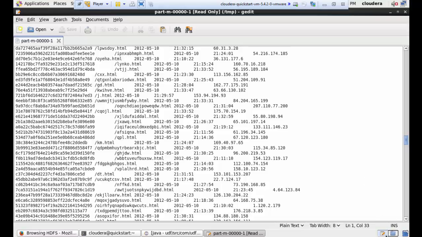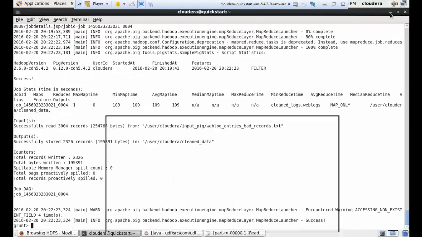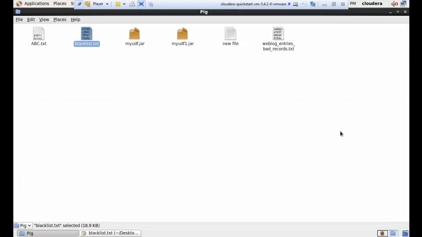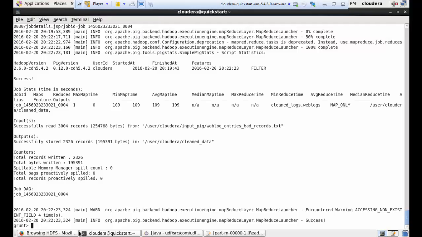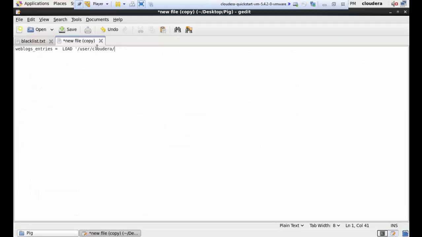Alright, so I'll go to a folder. Okay, here is my folder. I'll create a new document, open it, and write all the commands that are required here. So I'll write weblogs entries is equal to load. From where it should load the data: user Cloudera. Under Cloudera we have kept it under input, pig underscore input, right? I need to check it again. Yeah, this is the file. Just copy it and paste it here, right? And as,